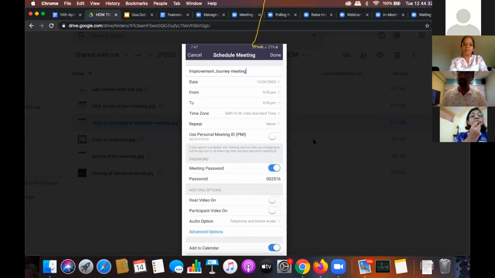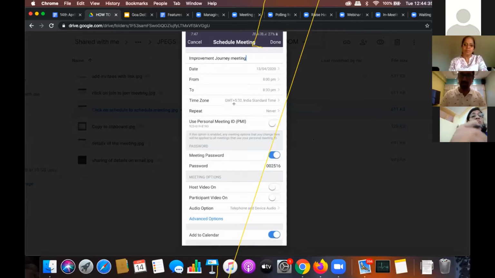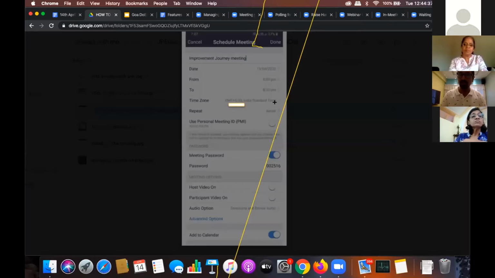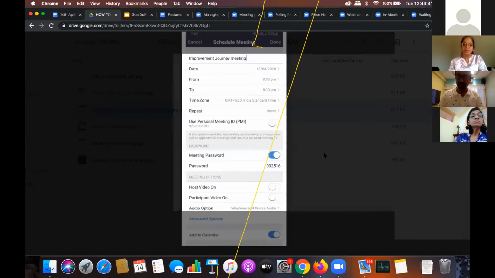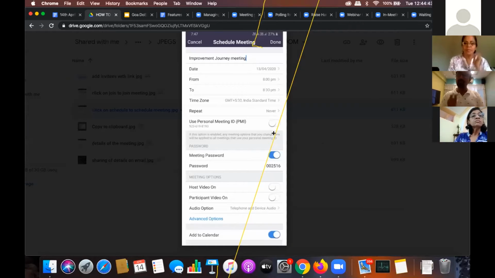You will also choose the time zone, because since people are doing their meetings across regions, they would want to know which time zone you are in. So of course, if all of us are in IST, we always choose Indian Standard Time. And you can choose whether these meetings will be recurring or not. That means if they are occurring once a month, once in 2 weeks, or once a week, in that sense.